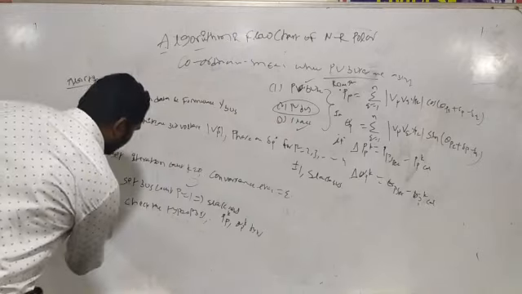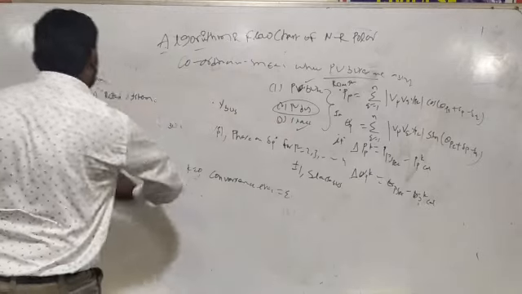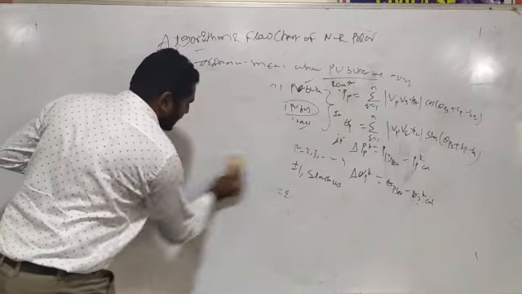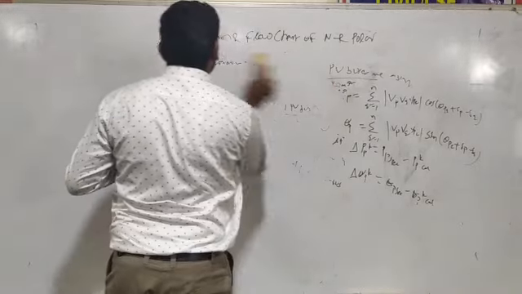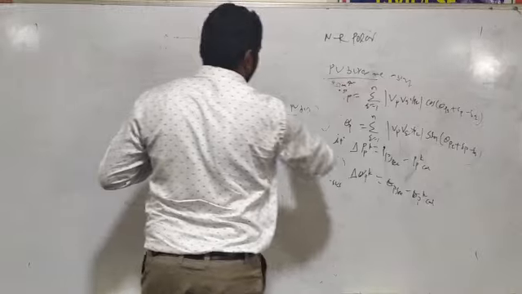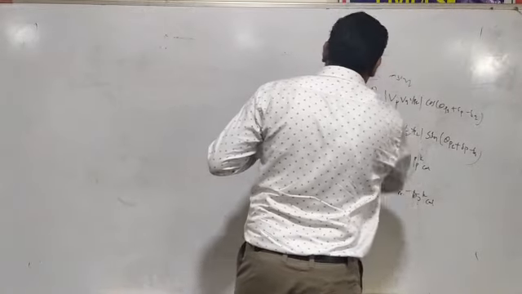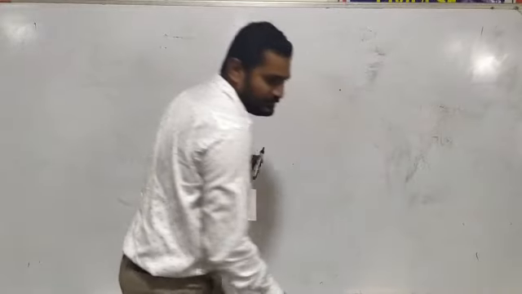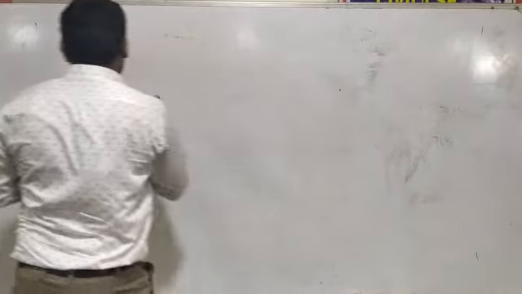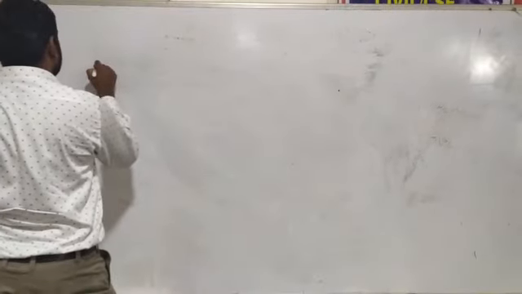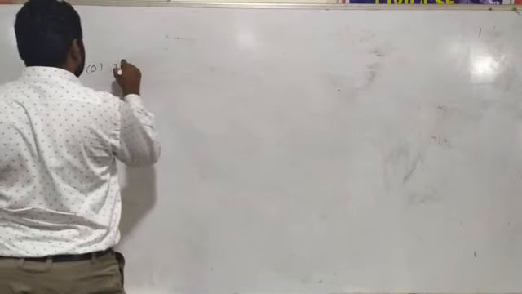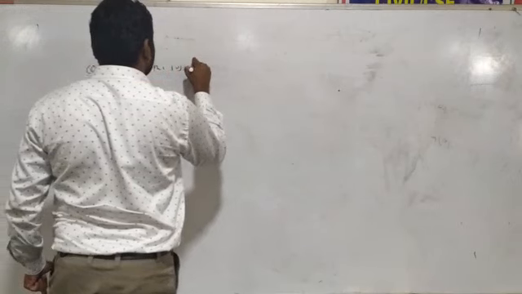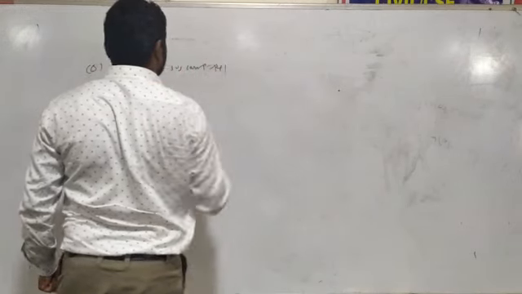After checking the type of bus, the next step is to increment the bus count. We already discussed in the fourth step that the bus count is equal to 1, which is a slack bus. After that we have to increment the bus number, that is p is equal to p plus 1, which comes under the sixth step. So increment the bus count, p is equal to p plus 1.